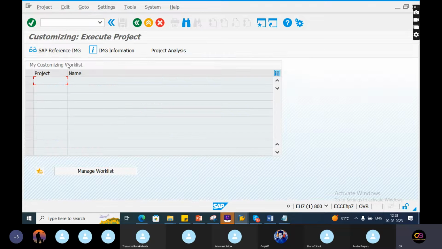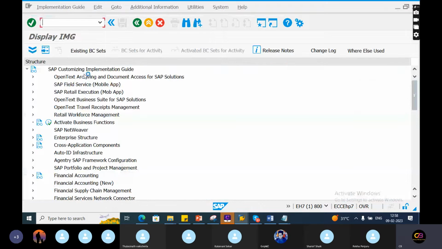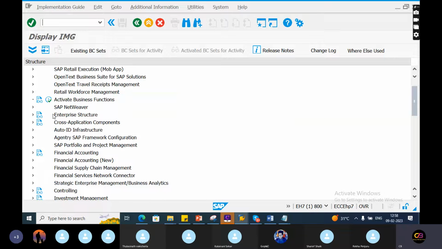SPRO, reference IMG. Okay, SAP enterprise structure